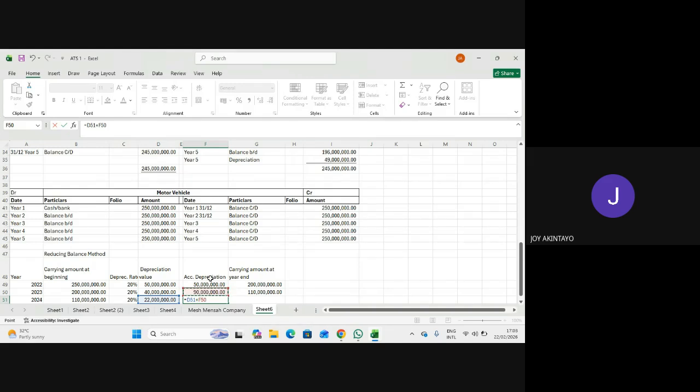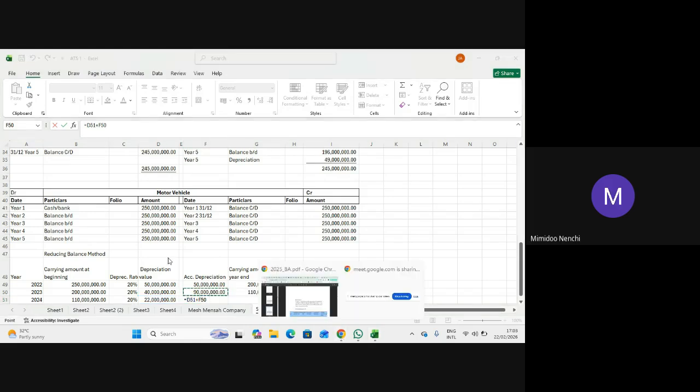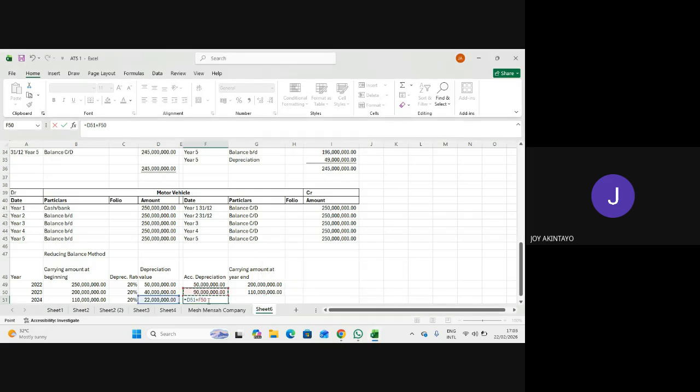What is the value? 90 plus 22. 112. Okay. 112. Now